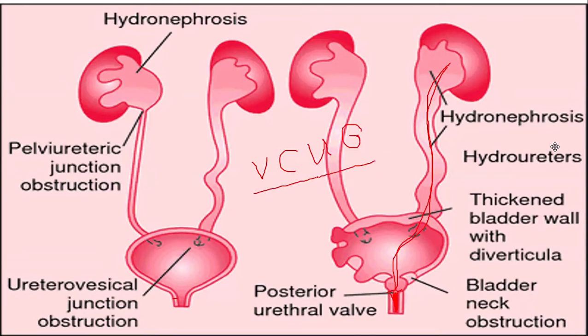In voiding cystourethrogram, you put a dye. You first let the patient urinate. Then later on, when the urinary bladder is already empty, you put a dye from here going there. Once it is already filled,